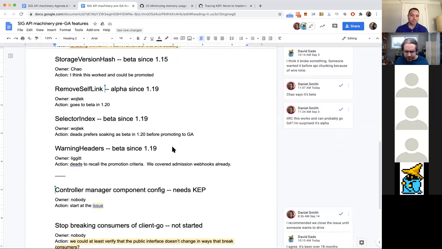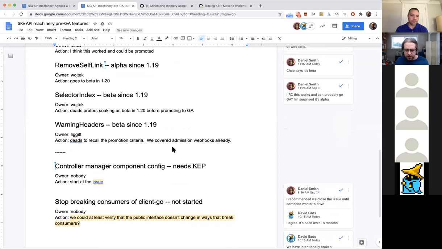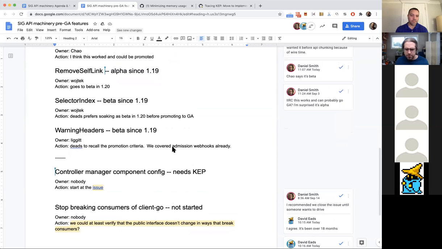Selector index, that's not jogging my memory. What is the selector index doing? It was the faster way to do a field selector and label selector. It was like a pre-computed hash. Oh yeah, that one. I think it's done and working, but if it just went beta, we can definitely wait another release to get it GA.